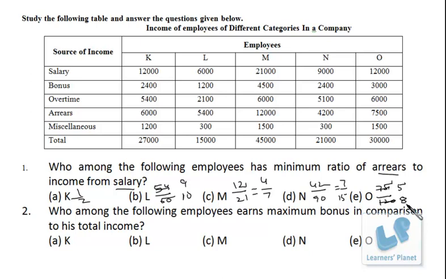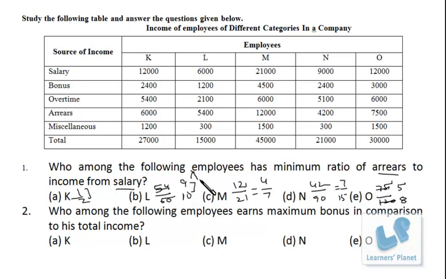Now I have already discussed in my number system sessions how to arrange the fractions in ascending or descending order, right? First of all, in this particular case, I'll just explain everything once again. After that, just try to apply the logic on your own. This is 1 by 2, 9 by 10, 4 by 7. Here in this case, all of these are proper fractions first of all. So numerator and denominator, the difference is 1, and here also the difference is 1. So among these two, this is greater, right? We have to find out the minimum ratio, so eliminate this. This cannot be the minimum, right?